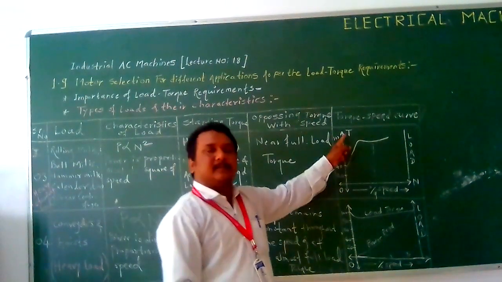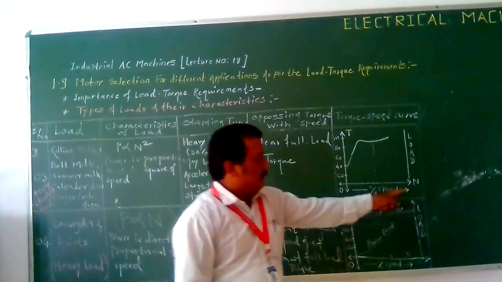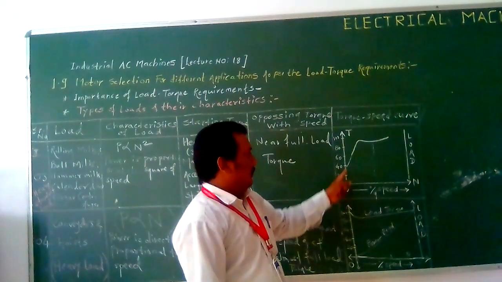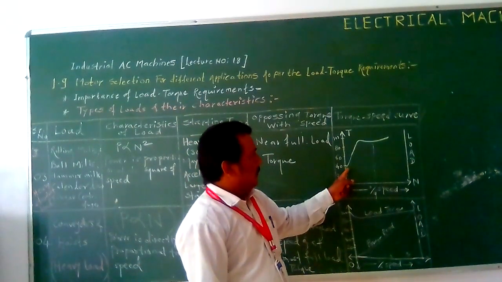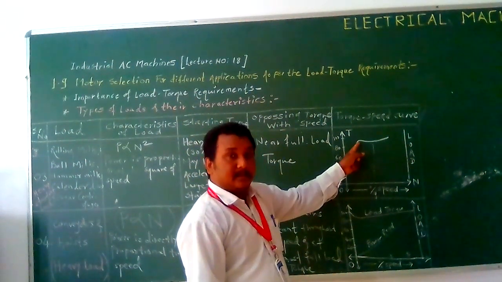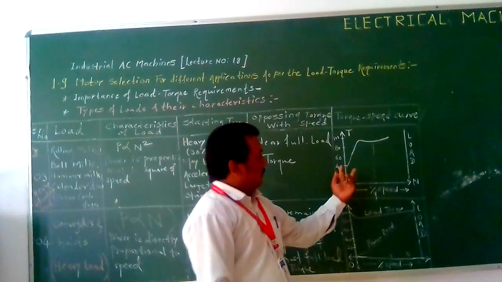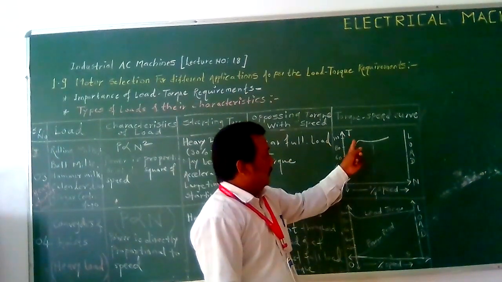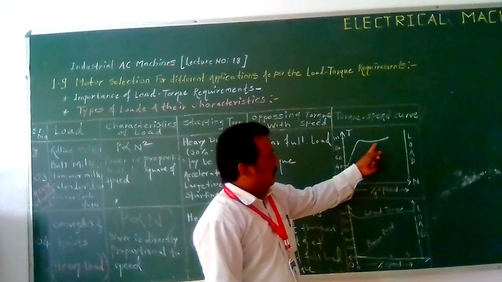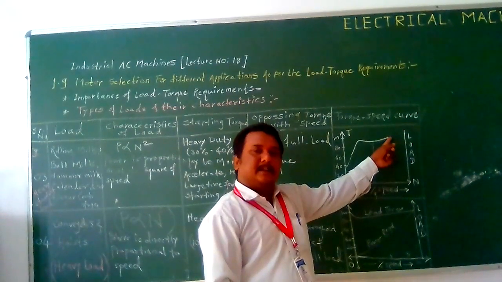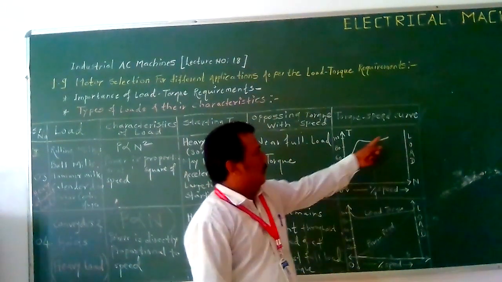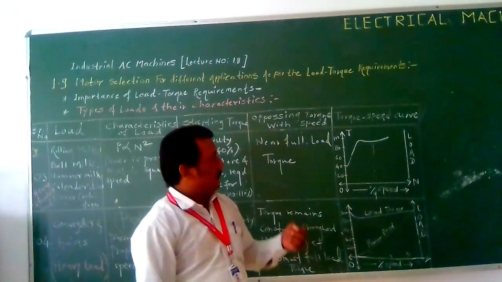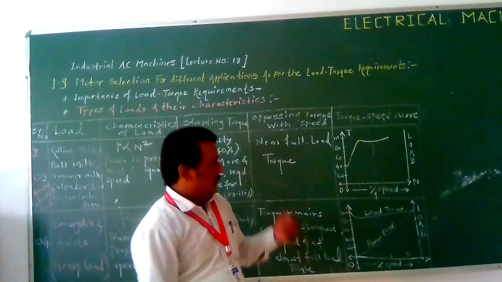Here the y axis is the torque, the x axis is the speed, and here the load axis is shown. Starting is 30 to 40%, and starting is heavy, which means in a very short time the torque suddenly increases up to 100%, and then it is continuously operated near the full load, that is 100 to 110%. This can be justified by using the load torque or speed torque characteristics.